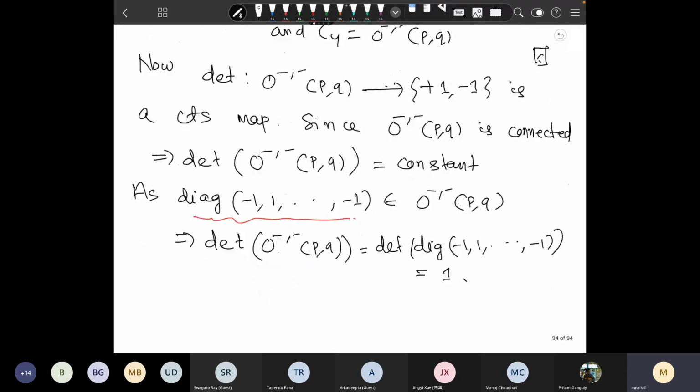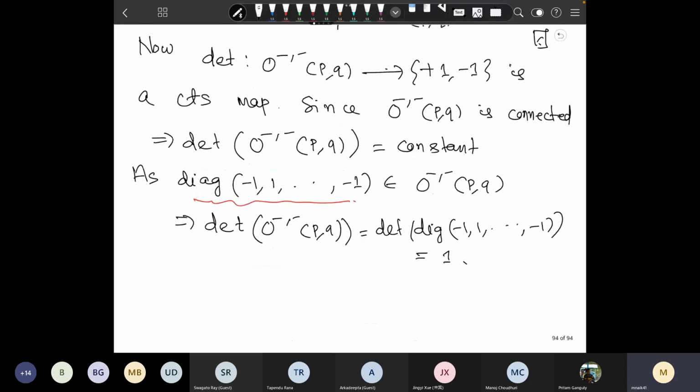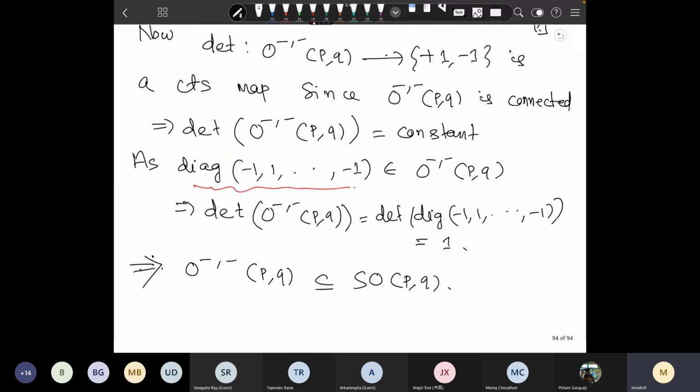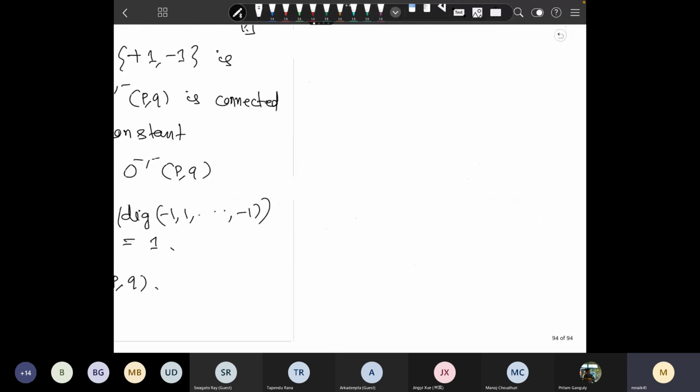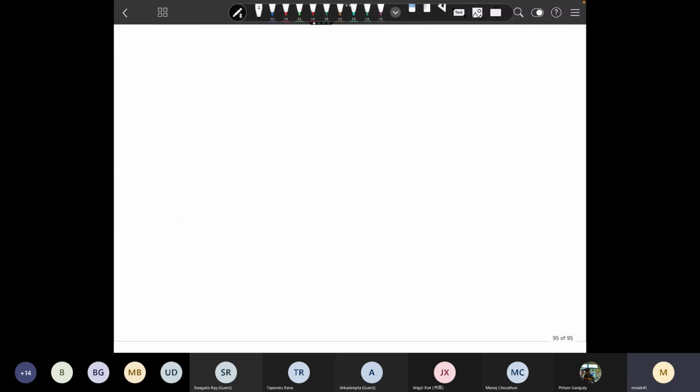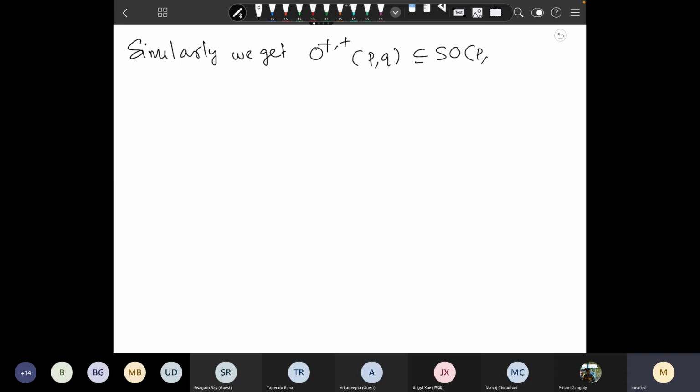So what I am getting is that O minus minus (P, Q) is inside SO(P, Q). Similarly, we get O plus plus (P, Q) inside SO(P, Q),